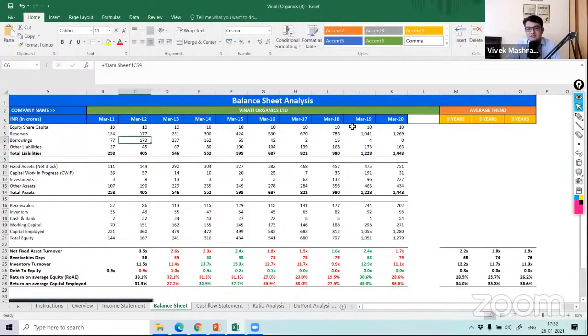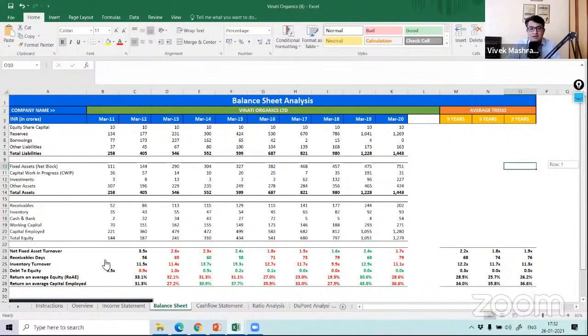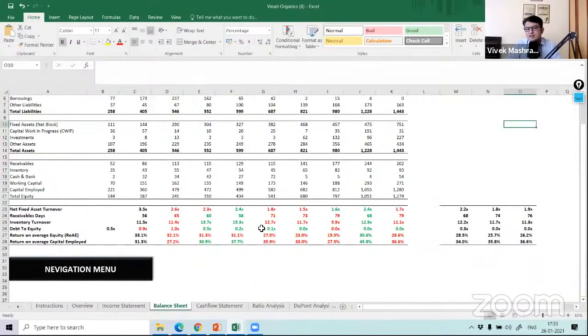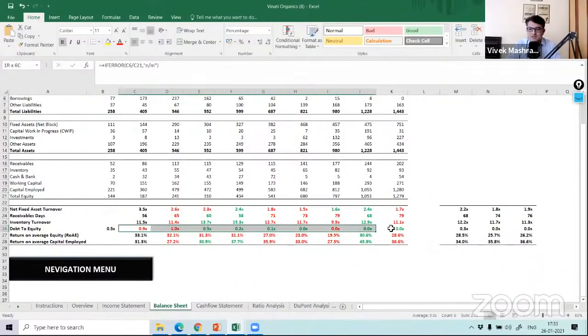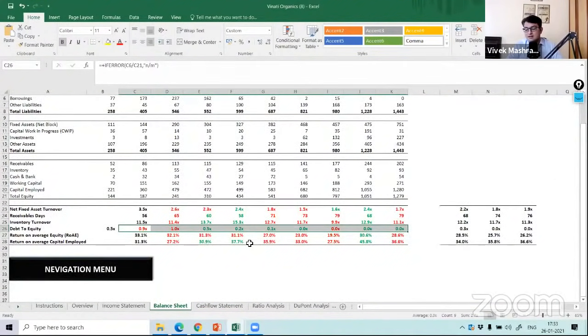So the first thing I see is the debt level, and just the standalone debt level is not important. So it is always important to see the debt to equity ratio, and this is what I have derived here. So anything below 1 is generally fine. This company is almost debt free in the last few years, so there is no question to see this any which way. But if it is more than 1, I generally get skeptical. Again, it depends on the sector which you choose. Okay, so there is no hard and fast rule. Again, some sectors are inherently slightly heavy in terms of what they do. Cool. So that is one thing you need to observe.